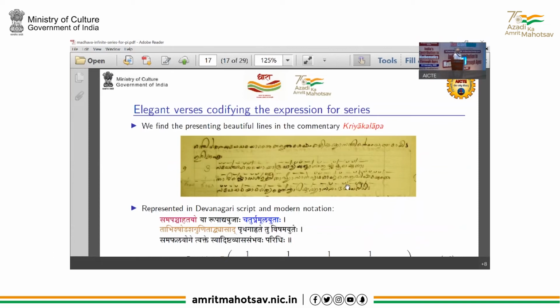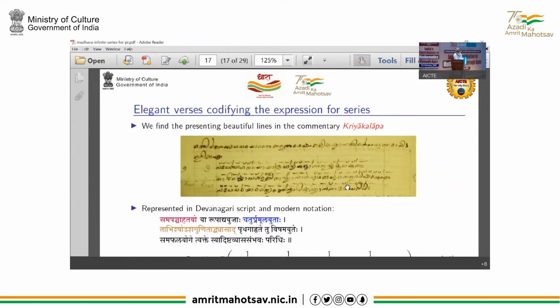And so here is a manuscript, which actually shows in Malayalam Lipi one of the series like this, you see, Samapancha Hatayaha. Once you do this correction term, you can further manipulate and express the same series in a different form. But here what you notice is in the denominator you get all powers of 5, 7 to the 5. So as you move, you just incorporate those correction terms into the series itself and produce a different brilliant series. So this is just to show you that this series is represented by this Samapancha Hatayaha, Ya Rupa